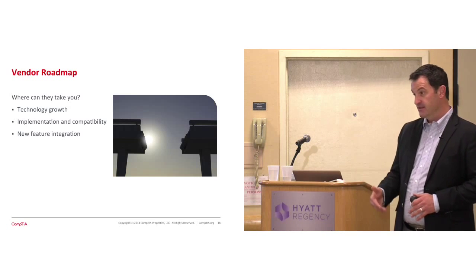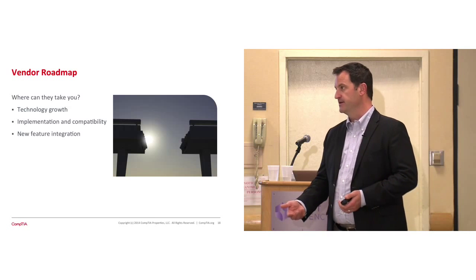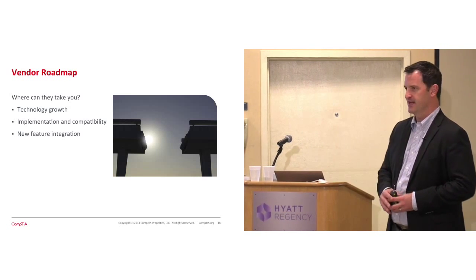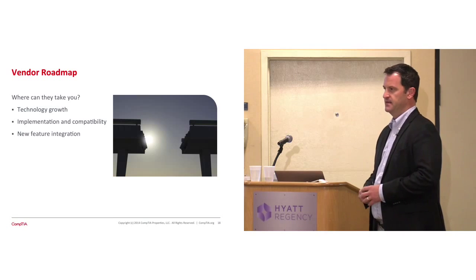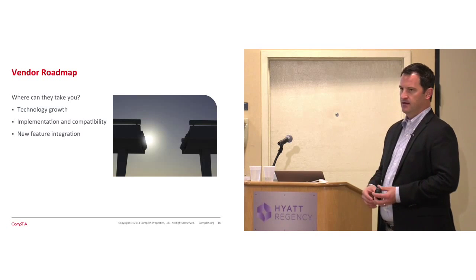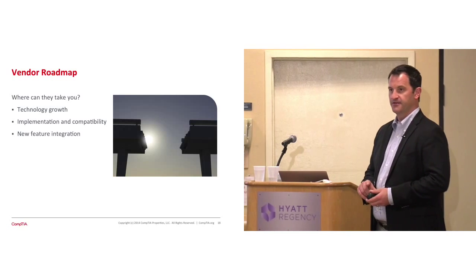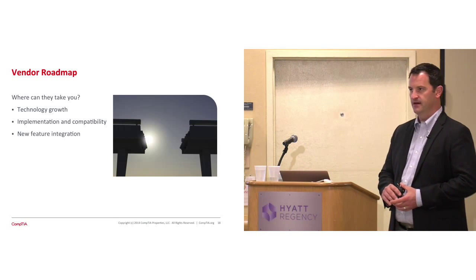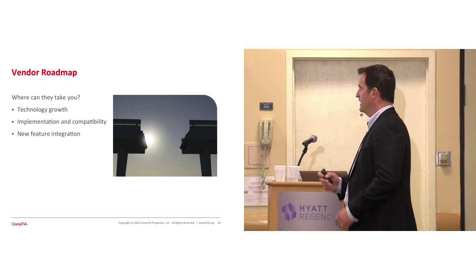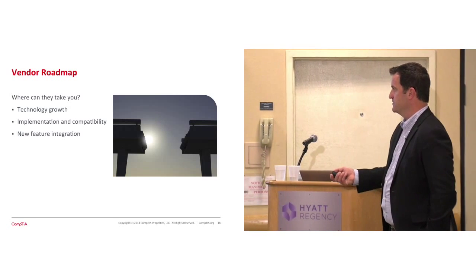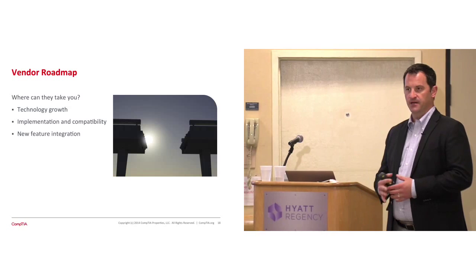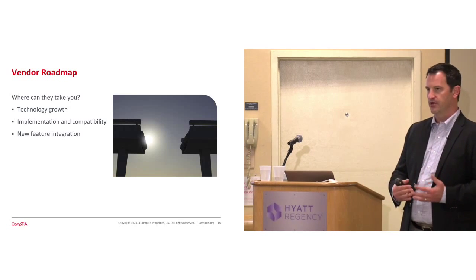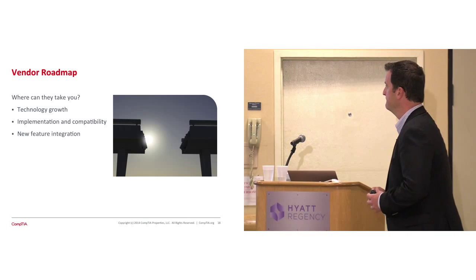But things that are, hey, listen, it'll be coming out in the April release, May release, June release, you can usually count on that coming out relatively close to when they say. But it's very difficult in the software business to project R&D times. Things take longer than they usually should, and unfortunately, everything's more difficult than sometimes it needs to be. An example here might be new feature integration with PSA and RMM. It's a big deal for an MSP to have these. The vendors understand that, and every one of them is striving to get more and more integrated with the PSA and RMM tools.